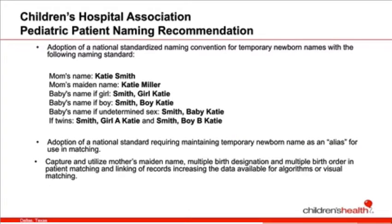So these are the Children's Hospital Association Pediatric Patient Naming Recommendations, and you can see how it looks. Mom's name is Katie Smith, and mom's maiden name is Katie Miller. So baby's name if girl, Smith, girl, Katie. Baby name if boy, Smith, baby, Smith, boy, Katie. And the baby's name if undetermined. Now here is an important aspect. If there are multiple births, people don't think about how many multiple births there are, but I can tell you